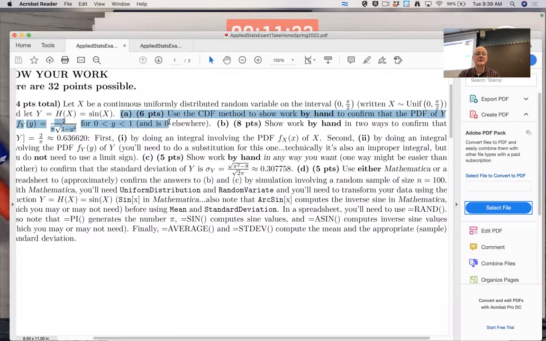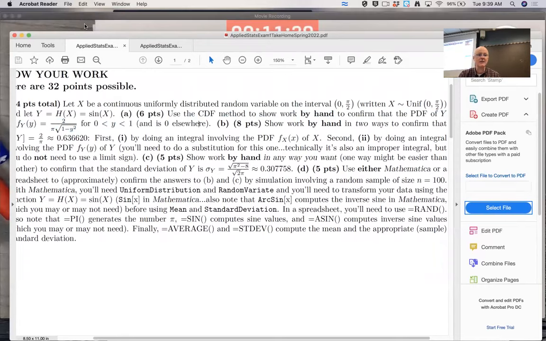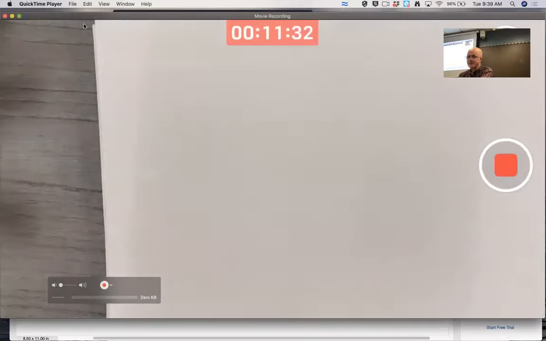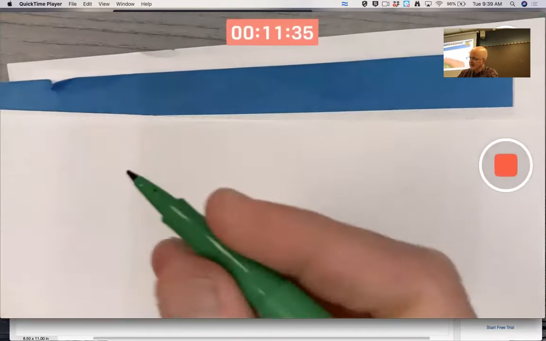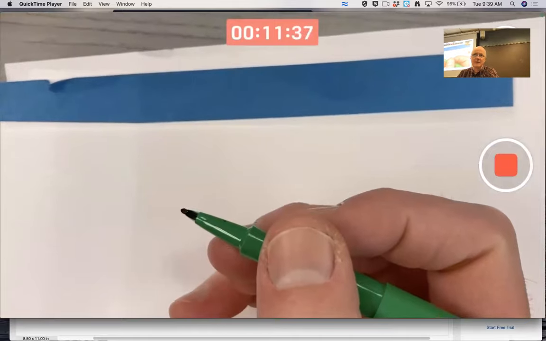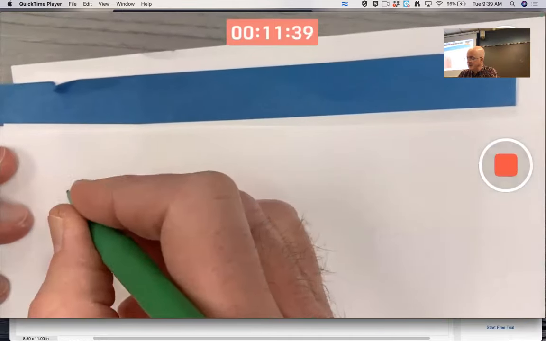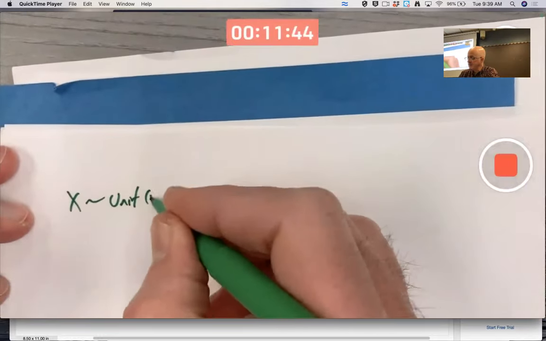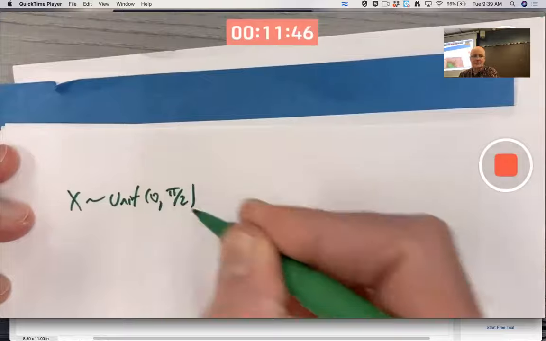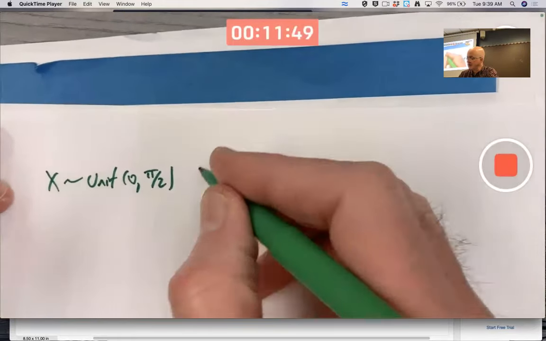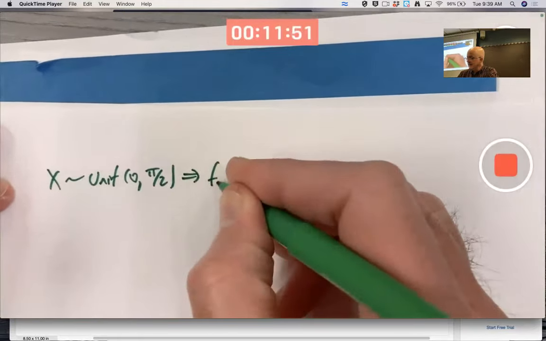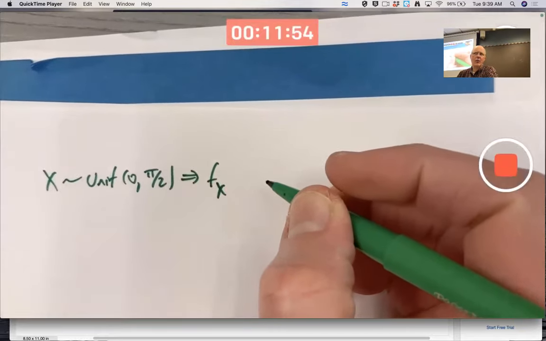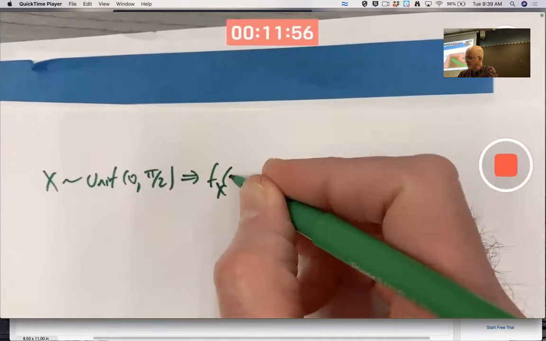Part A, as always, use the CDF method to show that the PDF has a certain formula. So let's confirm that. That hopefully was the easiest part of the problem. But you do need to figure out the CDF of X first. But being uniform, hopefully that wasn't too much of a problem. X is uniform on the interval from 0 to pi over 2. It's okay if you just wrote down the CDF right away. But if you want to write down the PDF first,